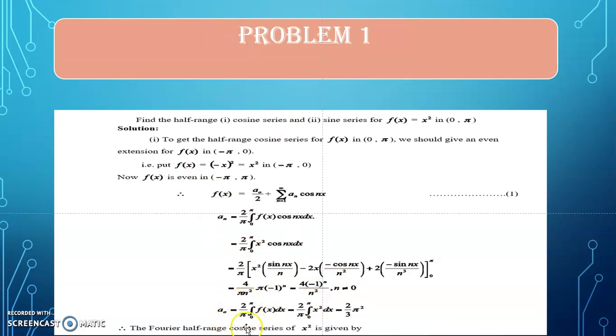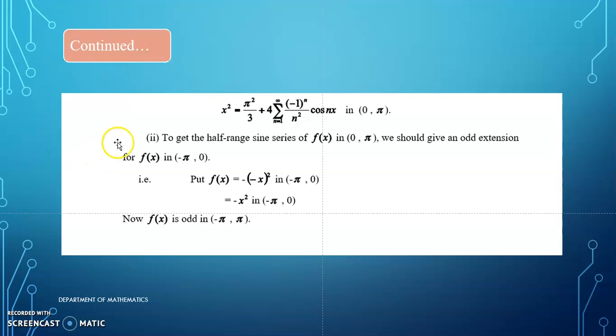So a naught is equal to 2 by pi integral 0 to pi f of x dx. What is our f of x given? x square. So here f of x is equal to x square, substitute. Then after integration, applying the limit, we get the value 2 by 3 into pi square. So now we are going to write the half range cosine series of x square, which is given by